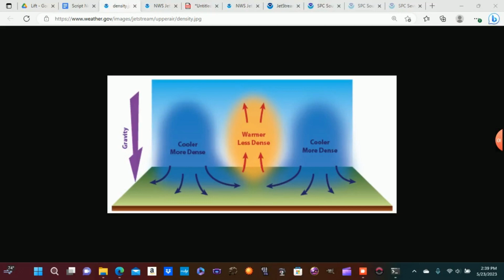I have discussed lift and moisture previously, and in this video we'll go over the thermodynamics and instability. The previous videos in this series have laid the foundation for a severe thunderstorm event on a synoptic scale, but the thermodynamic processes in this video, as well as wind shear in the next video, I will cover the mesoscale setup. If you are unaware of the synoptic scale and mesoscale features, please go back and watch my video on lift, where I discuss the differences between these two scales, and I'll put the link in the description below to